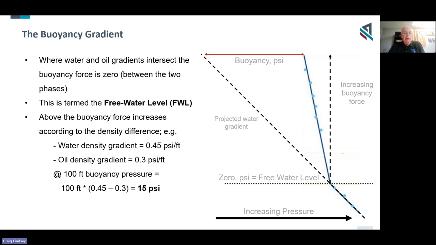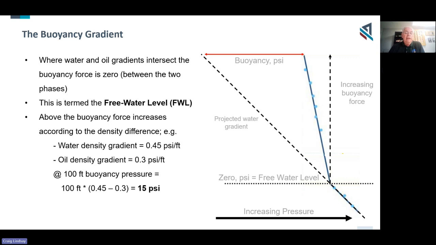When you have an accumulation of, let's call it, oil and water, where the pressure gradients intersect, that is what we call the free water level. Beyond that point, you can project the water pressure gradient, and you can project the hydrocarbon pressure gradient. Again, I've shown some pressure points here, but the intersection is where we have the free water